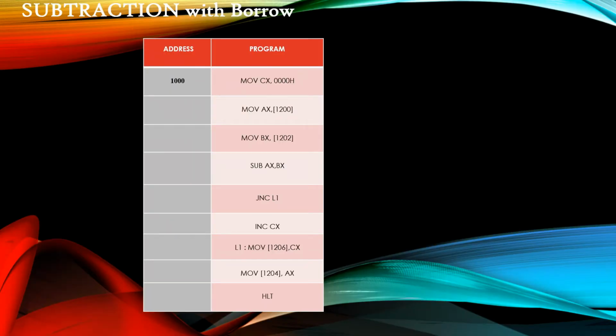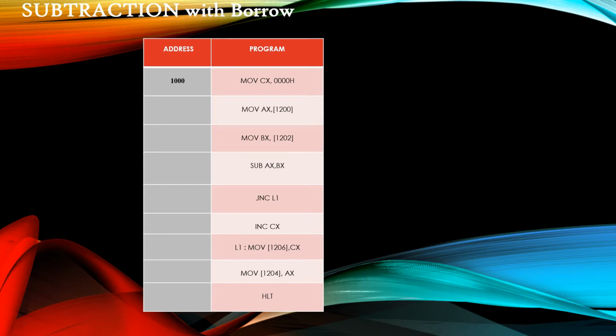First, we will see the subtraction with borrow code, followed by we will implement the same in Git. So here we are going to perform the subtraction operation with borrow. Normally after subtraction, if any borrow is there, that will be updated in the carry flag of the PSW, program status word. Therefore we need to store that particular carry value in some register. For that I am using the CX register.